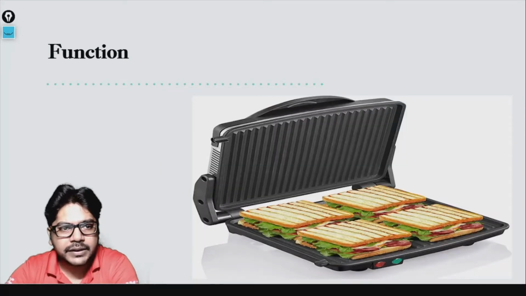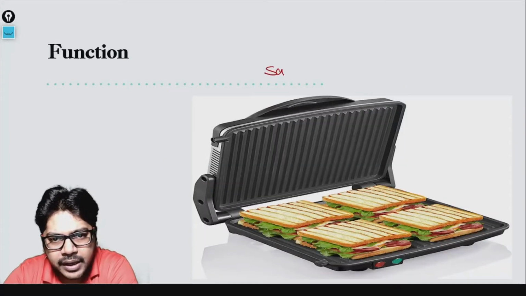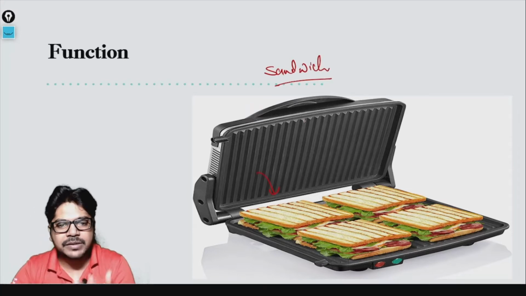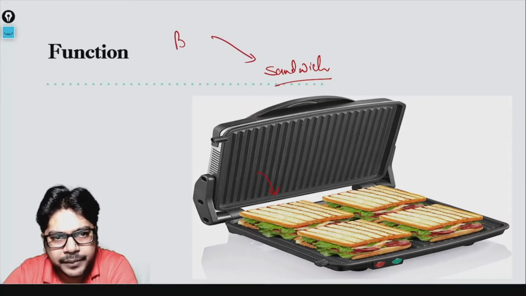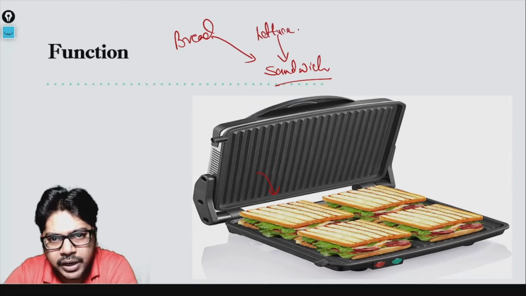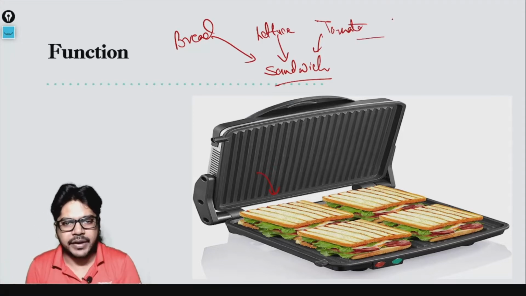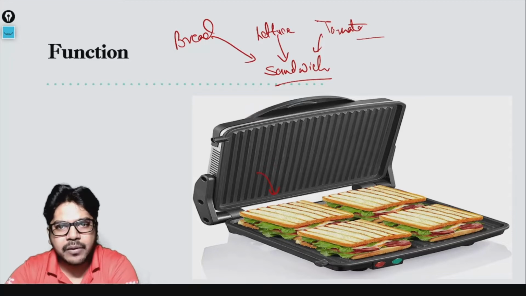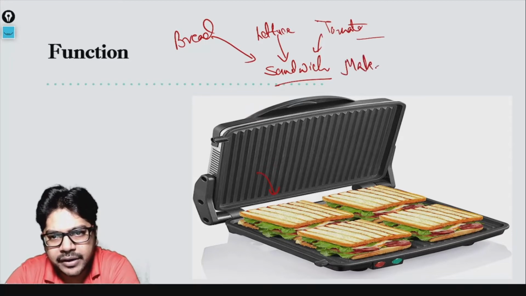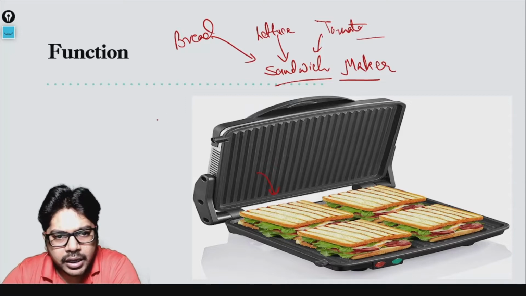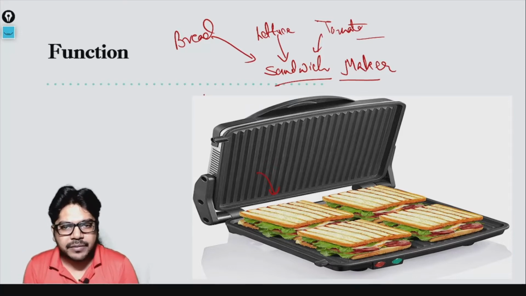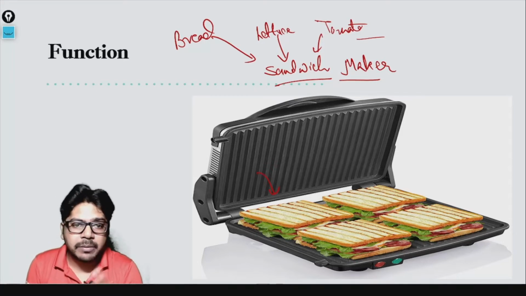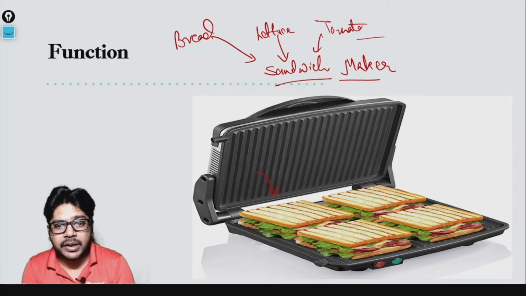Okay, proceeding further, talking about another one. So here we have a sandwich maker. Now in this sandwich maker, what you are doing is putting in bread. Then you are putting in lettuce or something, whatever you like, and then some tomato or something, and other sort of items, whatever you feel like having. You are putting all these things into a sandwich maker, and what the sandwich maker is doing for you is making a sandwich. This is what a sandwich maker does. Now a sandwich maker is not going to do what a blender did, and a blender is not going to do what a sandwich maker is doing.